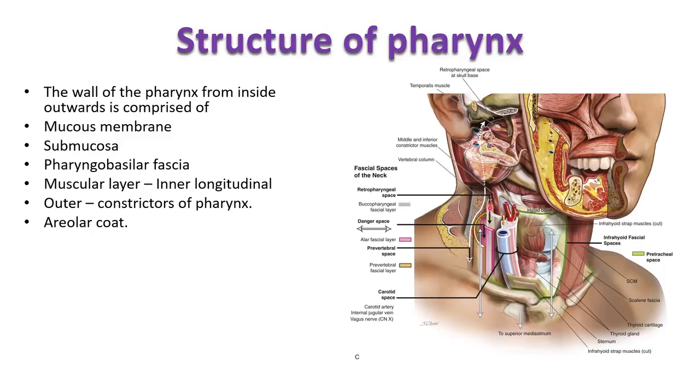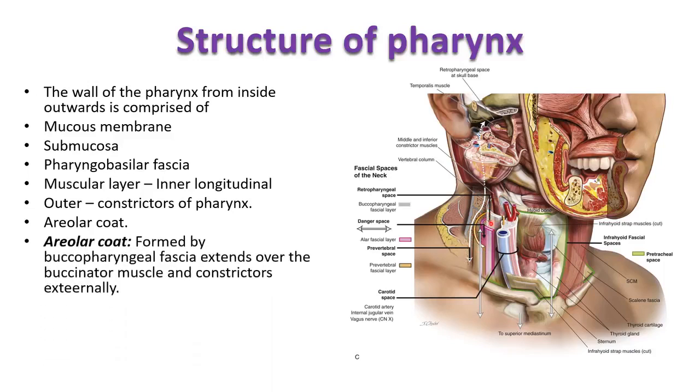Externally the pharynx is covered by this fascia, which is called the buccopharyngeal fascia. If you trace it above the pharynx, it also extends over to the buccinator muscle. But this fascia is ill defined, as I told you, and